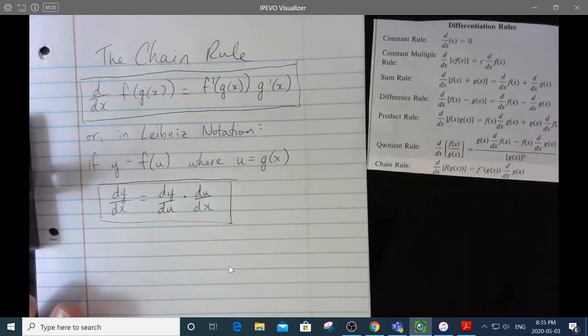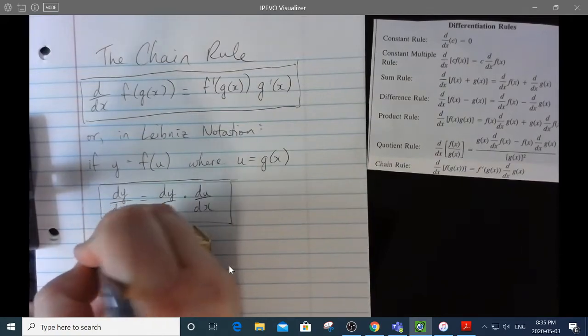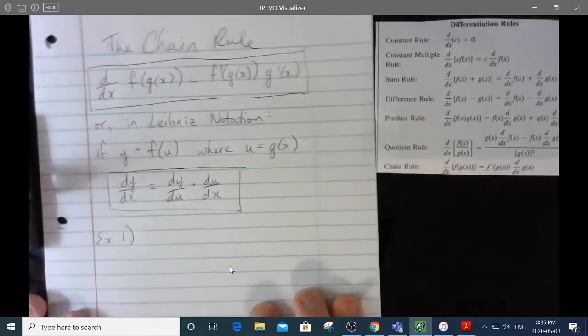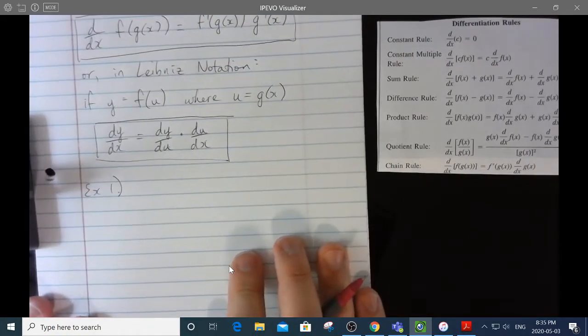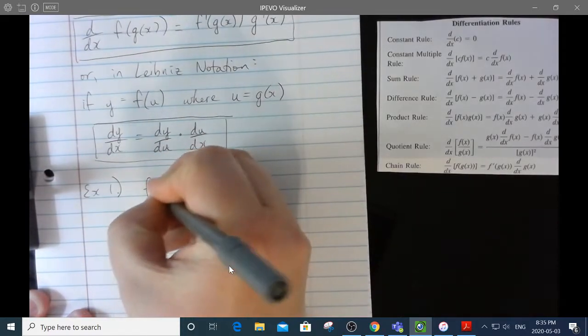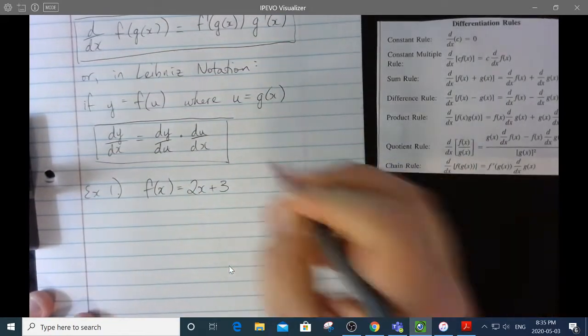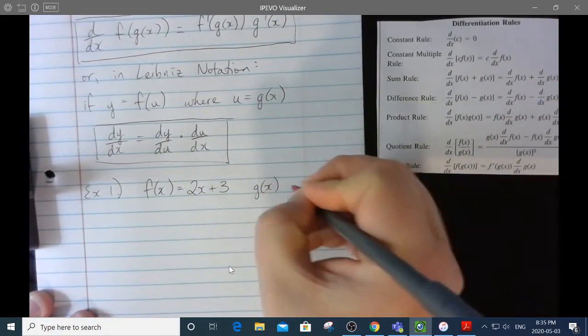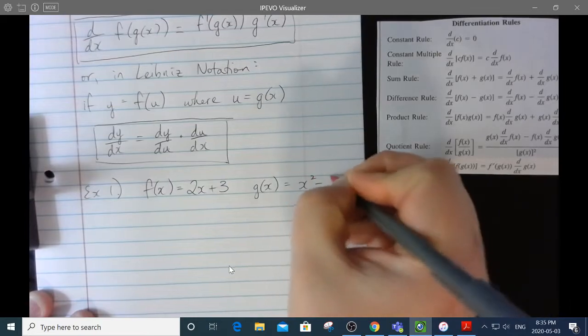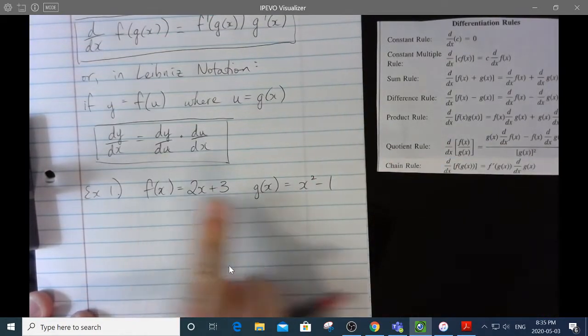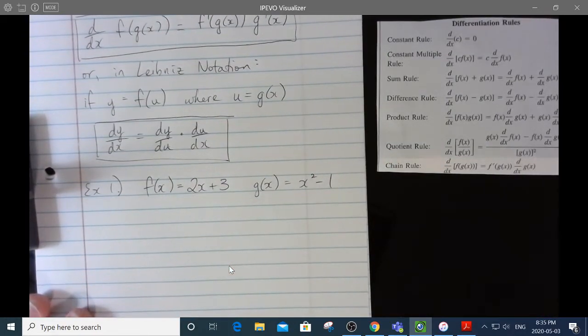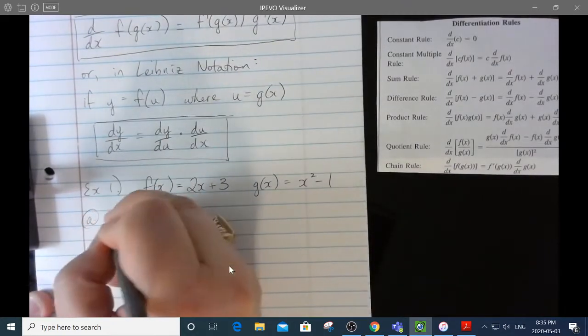Let's do a couple of examples that hopefully kind of illustrate what it looks like. For example 1, we'll use something even simpler than the warm-up. It'll be similar to it, but let's knock it down to being linear. And then let's have another function that is, maybe this one will be a quadratic. There we go. So I have two functions, f of x, g of x. Notice those two functions are definitely differentiable anywhere. And what I want you to do is find,